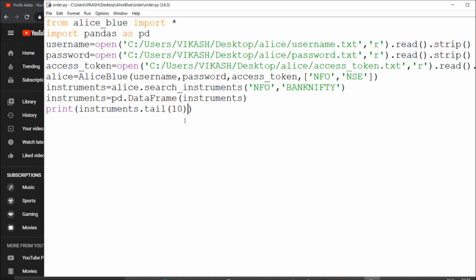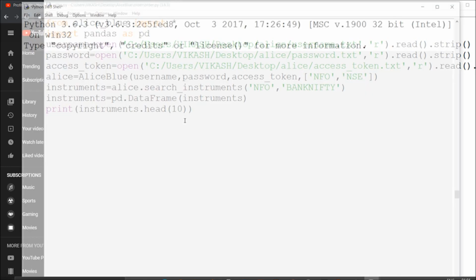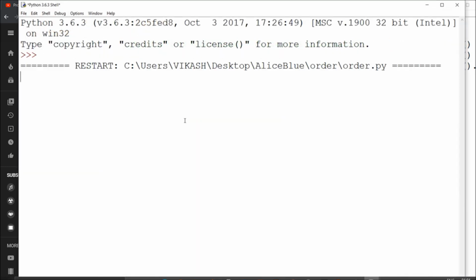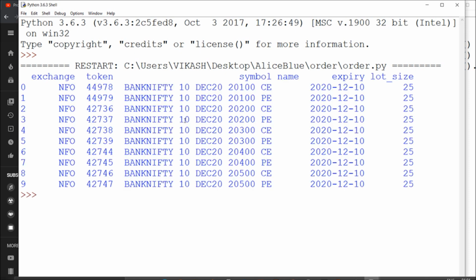After fetching the tail, suppose you want to see the upper symbols or expiry, this is the way you can fetch and see. If you say tail, it will go from below, and if you say head, it will come from the upper side.